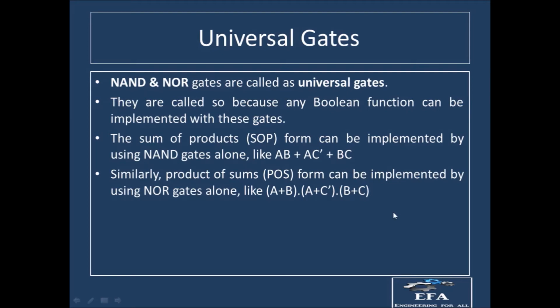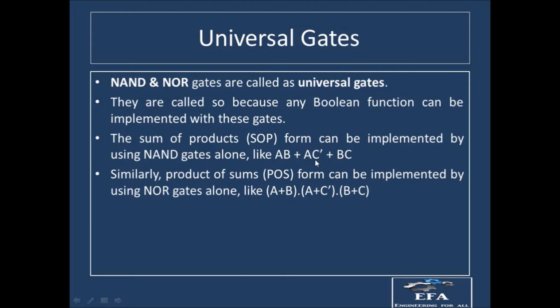So when we talk about the implementation using the NAND gate, the expressions which are used are in the form of SOP. SOP means sum of product, right? So let us see an example of sum of product. This is an example of a sum of product type of Boolean expression, where we have A into B plus A into C bar plus B into C. You can see over here we have products. A into B is one of the products.